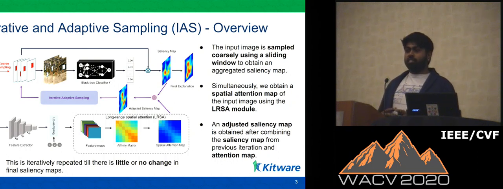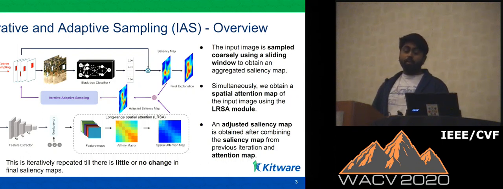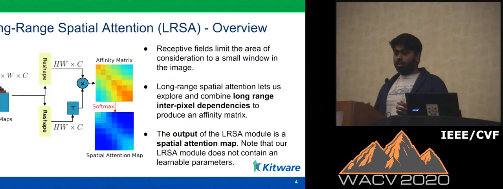And we try to restrict the saliency maps inside the edge information by combining them and obtaining an adjusted saliency map. These adjusted saliency maps are further thresholded to select regions of sampling for the further stages. So you basically do not have to sample each region of the image.